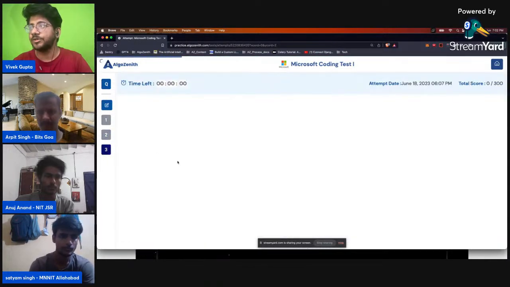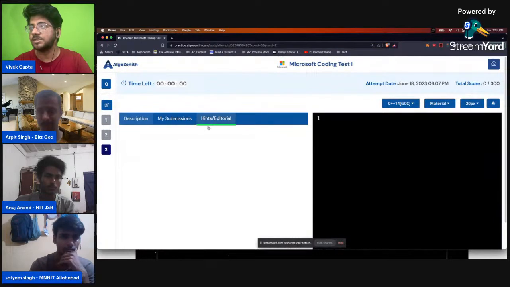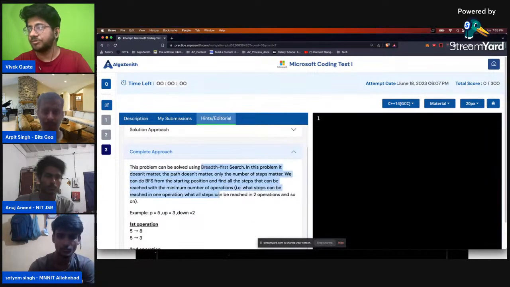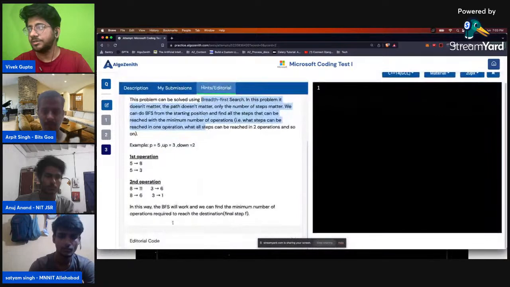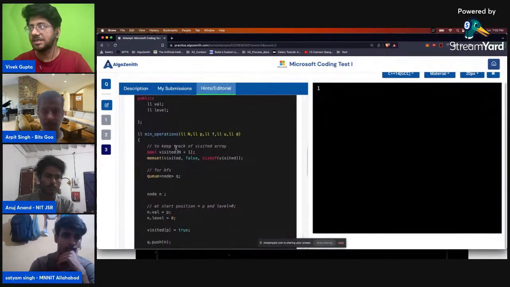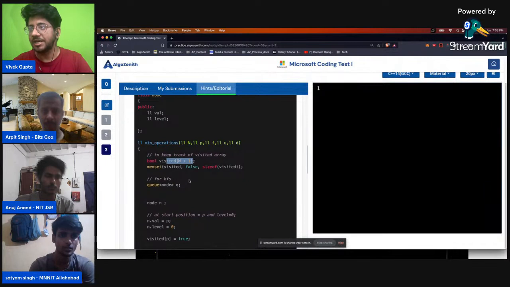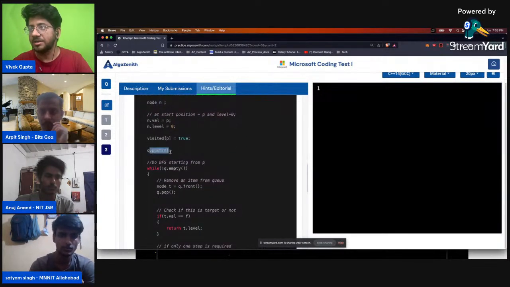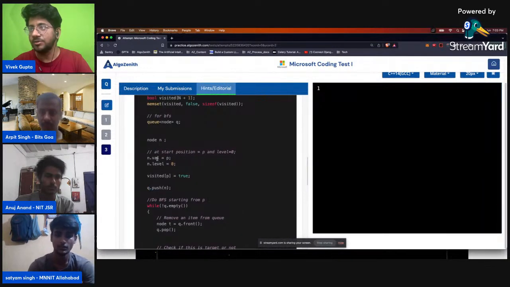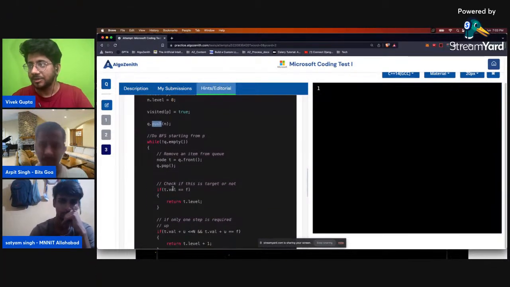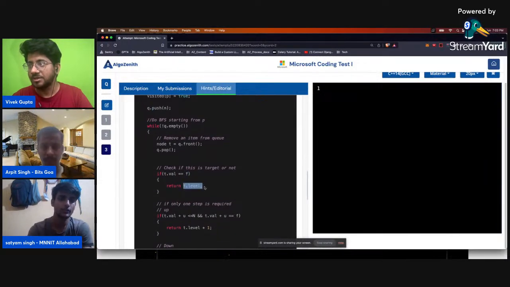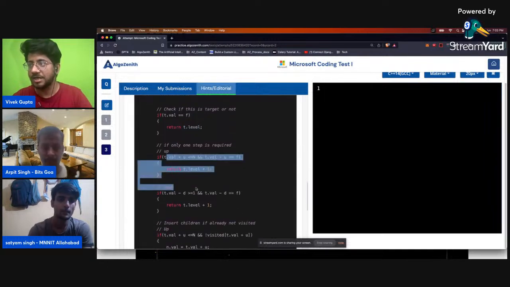The third problem over here is nothing but the frog path. Let's see what the idea for this is. This is a breadth first search problem, up, down over here. So this is basically the minimum number of moves. You have a visited array of size n, you have the queue that you have kept, and you maintain the node that you are visiting. Nodes have a value and the level, that is, which BFS level you are at. You push that into the queue, pop it out, and if the value is equal to f, then you know that you have reached the final answer. Just return the depth, the distance basically, or else you do the standard BFS stuff.